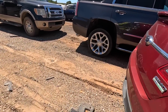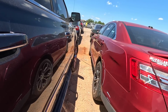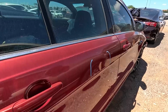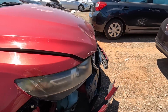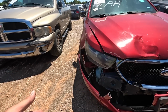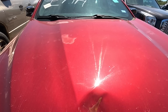Is there damage back here? No, this is actually in pretty good shape, especially for the mileage. It's got some hail damage, a few dings and scrapes here and there. This accident doesn't look that bad. The frame rail extension still looks straight. Everything looks pretty good on this. I might, well,